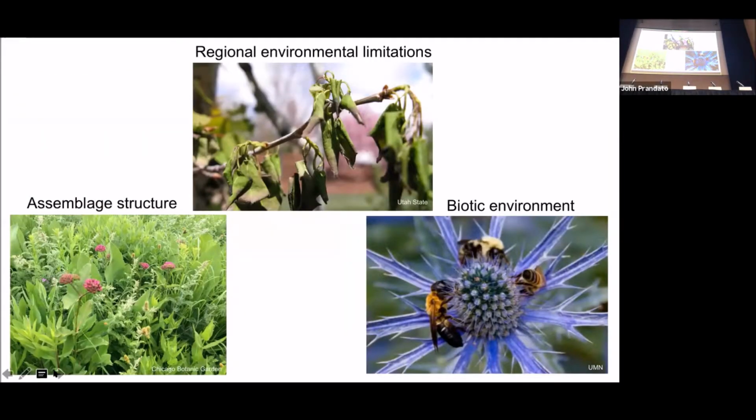And we can think of three broad processes as generally driving species assembly across space. Regional environmental limitations are the environmental sensitivities that constrain where species can occur on a regional scale. Assemblage structure refers to the local species of the same guild that might constrain where a species is based on, for instance, interactions like competition and facilitation. And the biotic environment refers to those cross-guild associations that may constrain where a species can be based on whether its associated species are